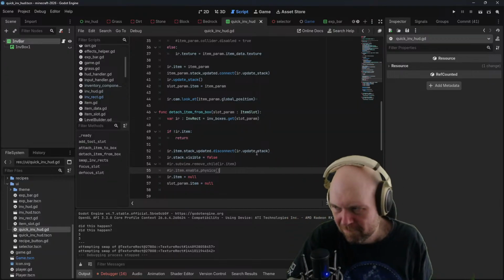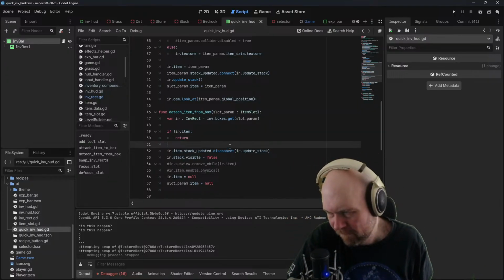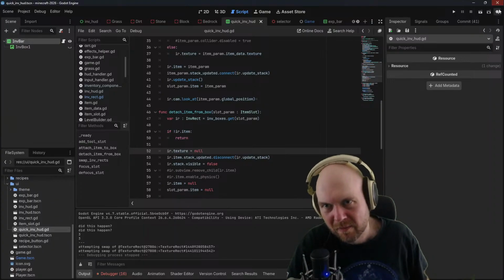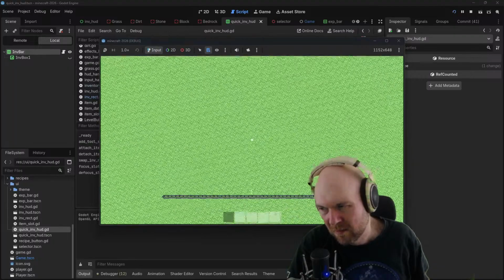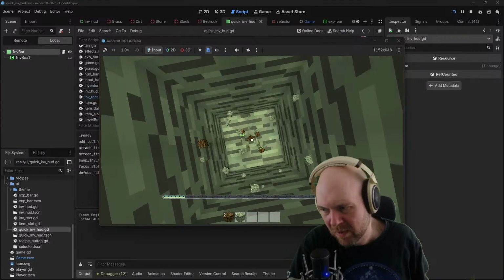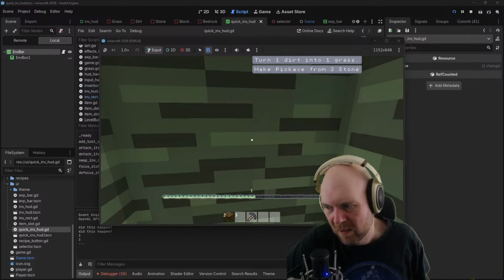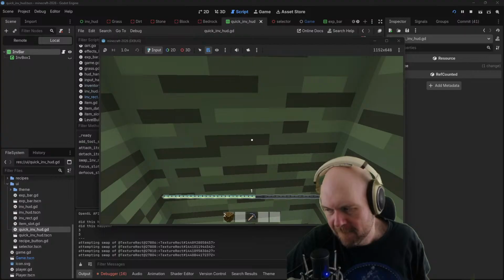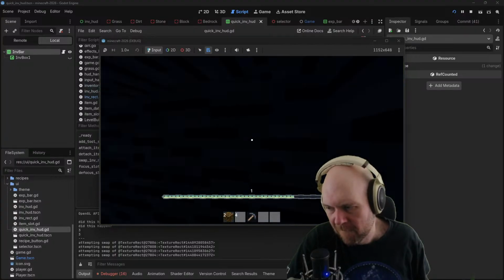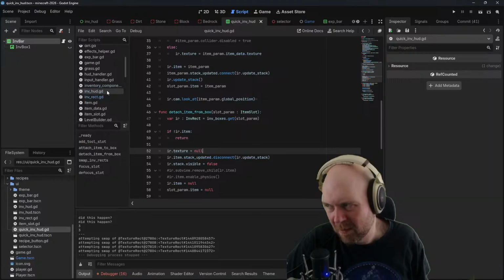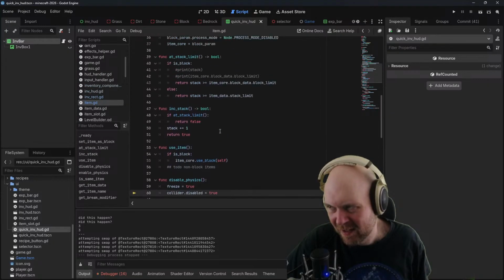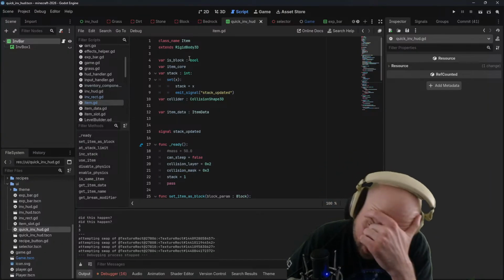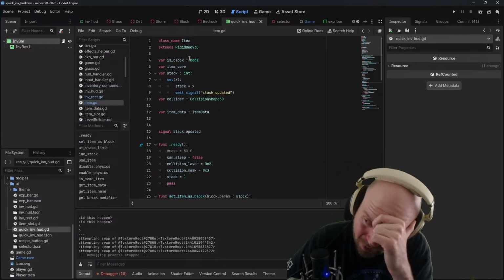ir.texture equals null. Done. Great. Easy. I probably should just set it up so that when an item leaves, is the item aware of itself in the UI? No. So